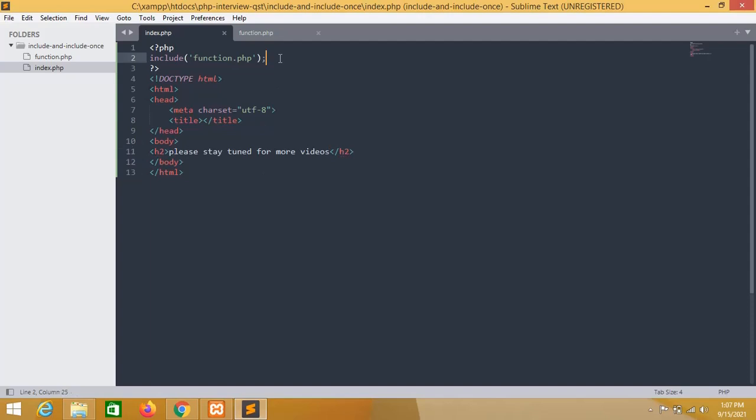So if we include function.php 2 times in the index.php page, what will happen? Let's see.